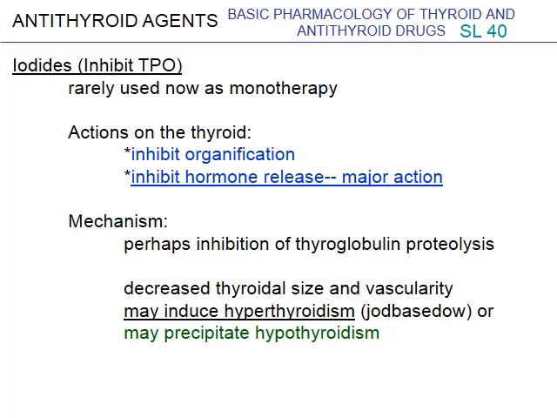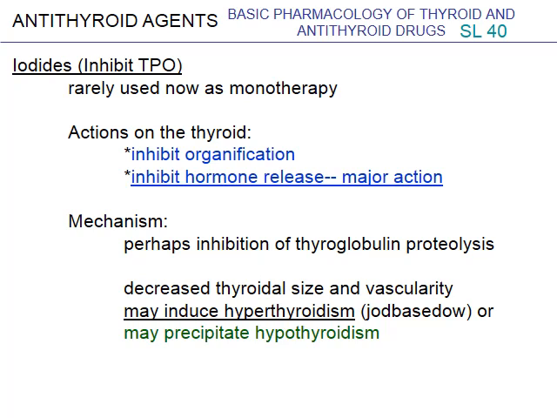Now, the iodides work by inhibiting thyroidal peroxidase. These are rarely used now as monotherapy, and their actions on the thyroid, because of TPO inhibition, include the inhibition of organification and the inhibition of hormone release as major actions, as well as of coupling, the TPO-mediated effects. And, of course, the effects on hormone release have been observed with the iodides. The mechanism involves inhibiting thyroglobulin proteolysis,